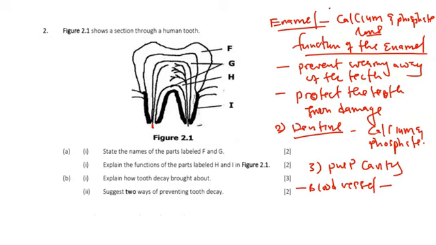So the blood vessels supply the teeth with oxygen and food, and of course the nerve cells are for sensitivity, to respond or detect. It makes the tooth sensitive to what? To stimuli. And the kinds of stimuli we talk of are temperature, pressure, and of course pH. So those are the functions of the blood vessels and